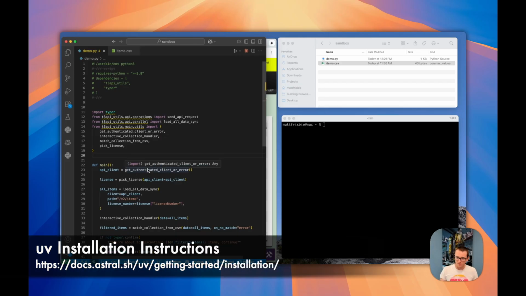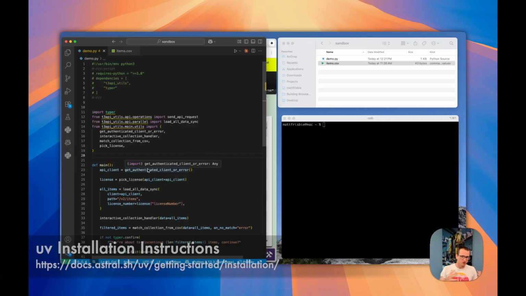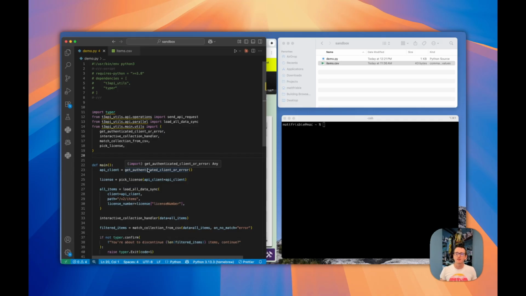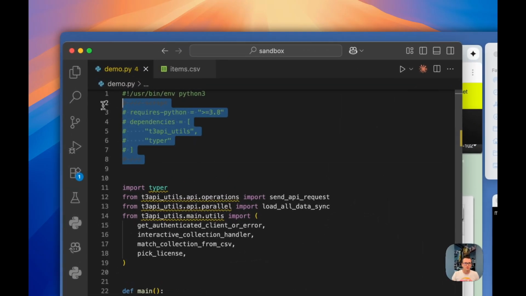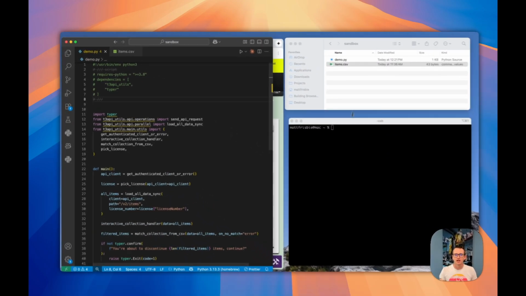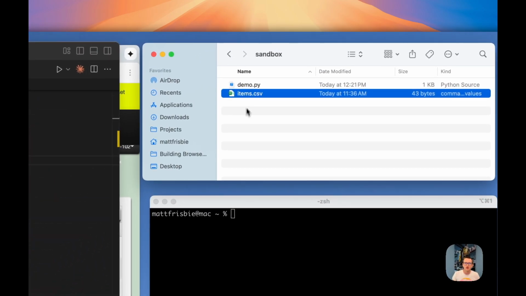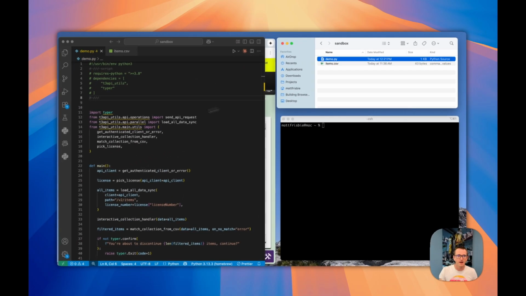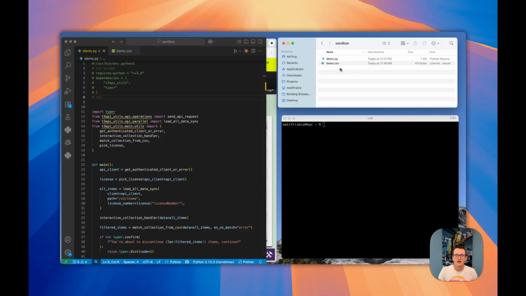I've already installed UV, and what's great about UV is that you don't have to manage virtual environments or install packages or anything. It does it all for you. The way this works is that with this little blob at the top, we've already said what we need to run this program. And we can see here I've got some files created. I've got our demo file, which we're looking at here,